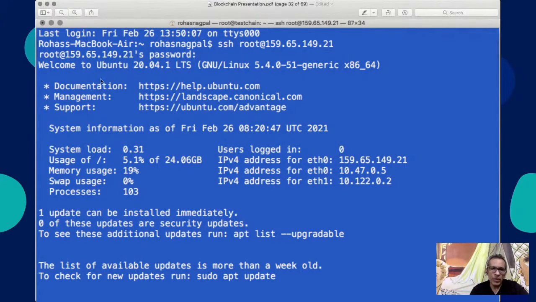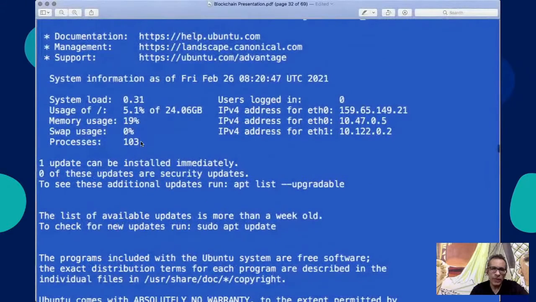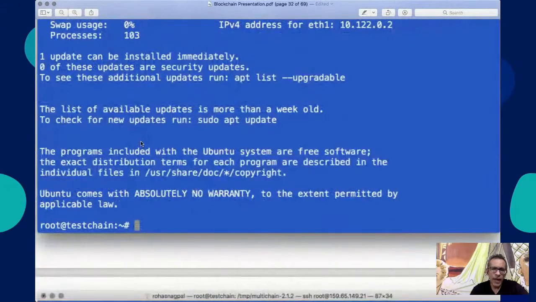Then I entered the password. This is the Ubuntu system that I've logged into, and this is the standard Ubuntu disclaimer that comes. Now it shows that I'm logged into this server. The name of my server is testchain, so it says root at testchain. Now I'm logged in. I hope that part's simple.